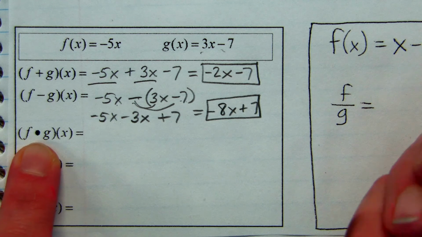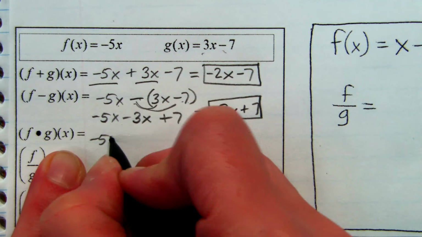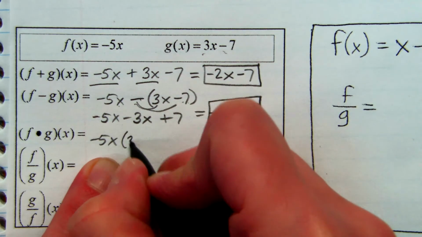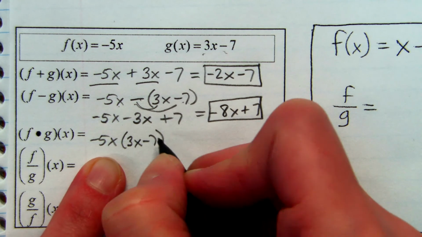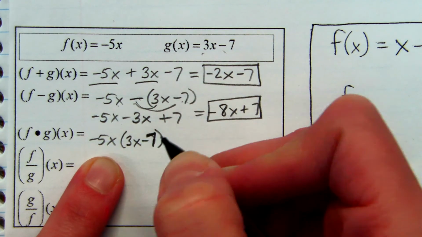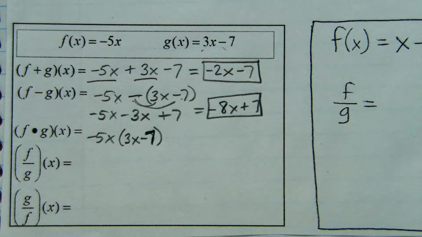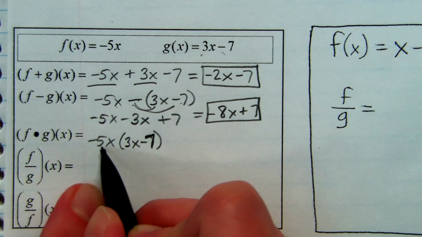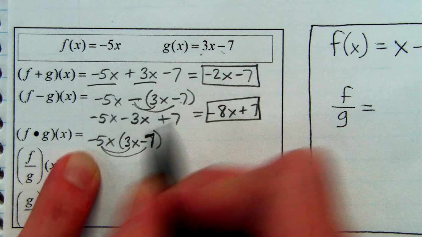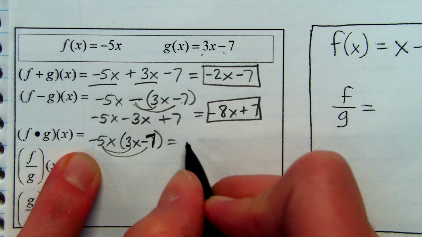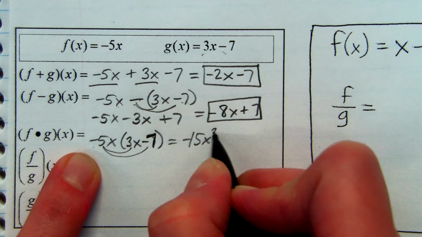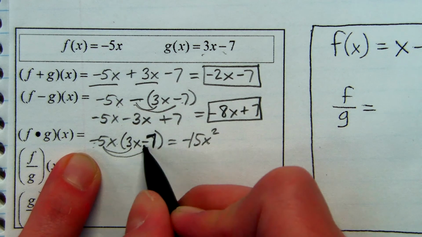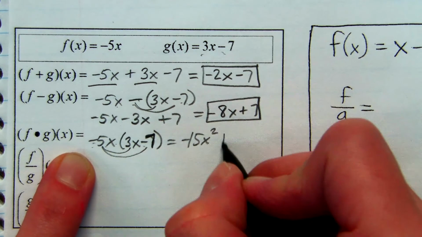Okay, multiplying. So I've got negative 5x, multiplying it by 3x minus 1, or sorry, minus 7. I wrote 7, I said 1. It's going to be an exciting video for somebody to watch. Distribute this out. Negative 5x times 3x is negative 15x squared. Negative 5x times negative 7, and negative times negative makes this positive